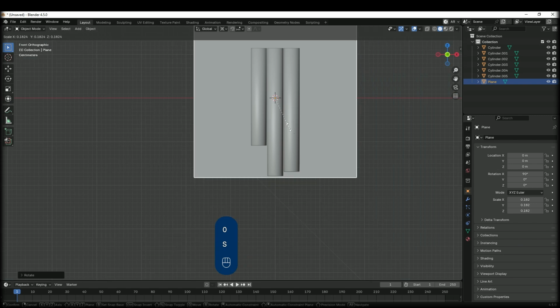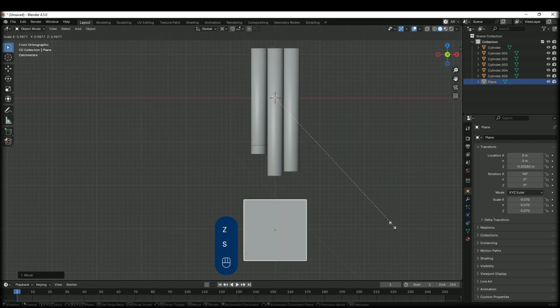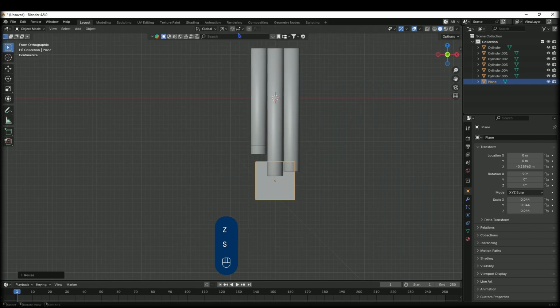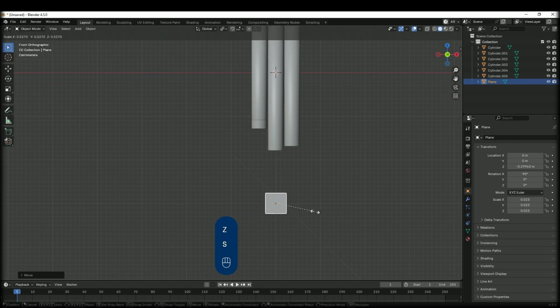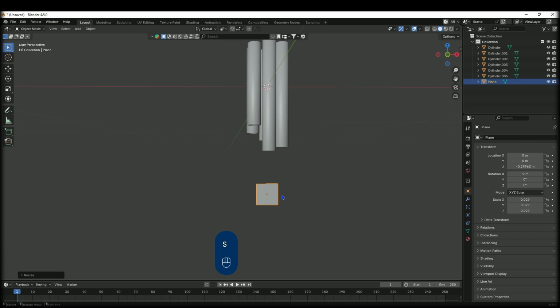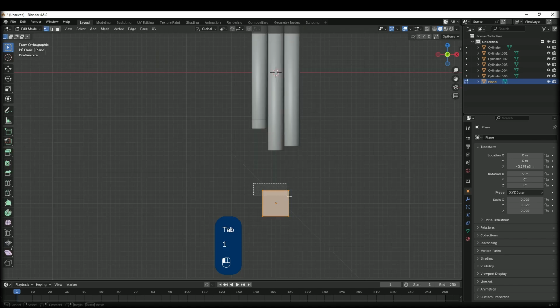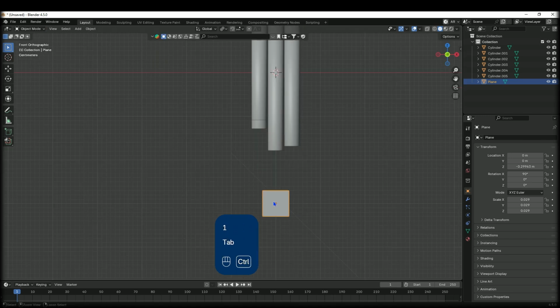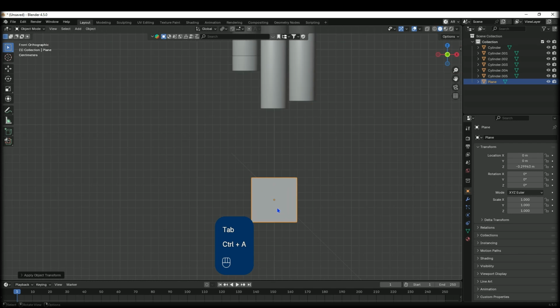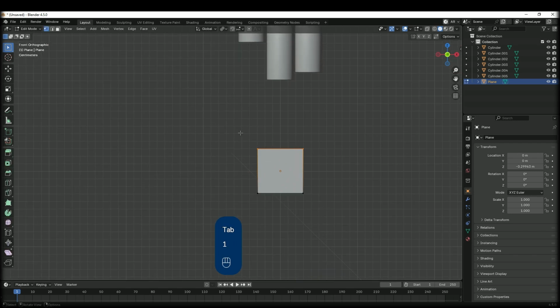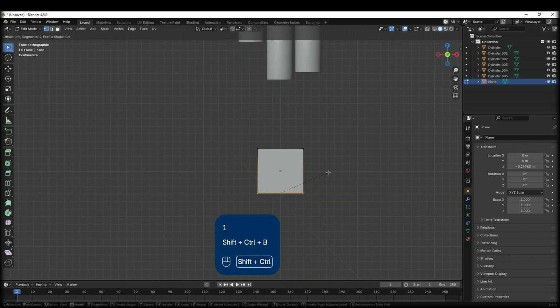RX90, there we go. Bring that all the way down. Set pivot point to individual origins, G and Z. Bring that down, scale it down, and then just bevel these two corners. So let's apply rotation scale, and then we'll bevel these, Control Shift P,